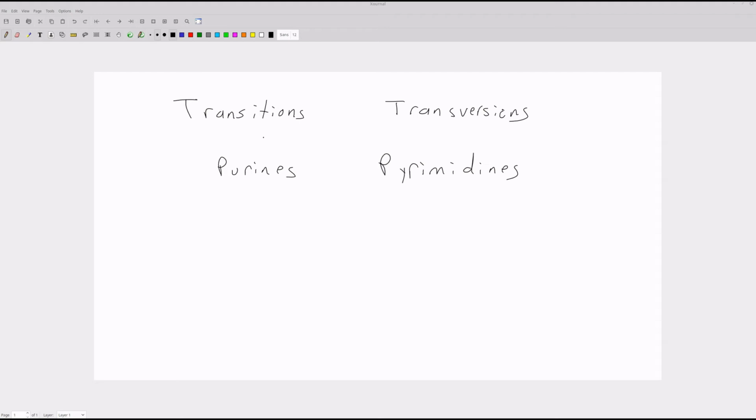So transition is simpler than a transversion, right? And if we look at our nucleotides, the purines and the pyrimidines, the major difference is that the purines are larger. They have 2 rings associated with them, right? I'm not drawing them properly because there are various nitrogens involved and double bonds, whereas the pyrimidines are single ring